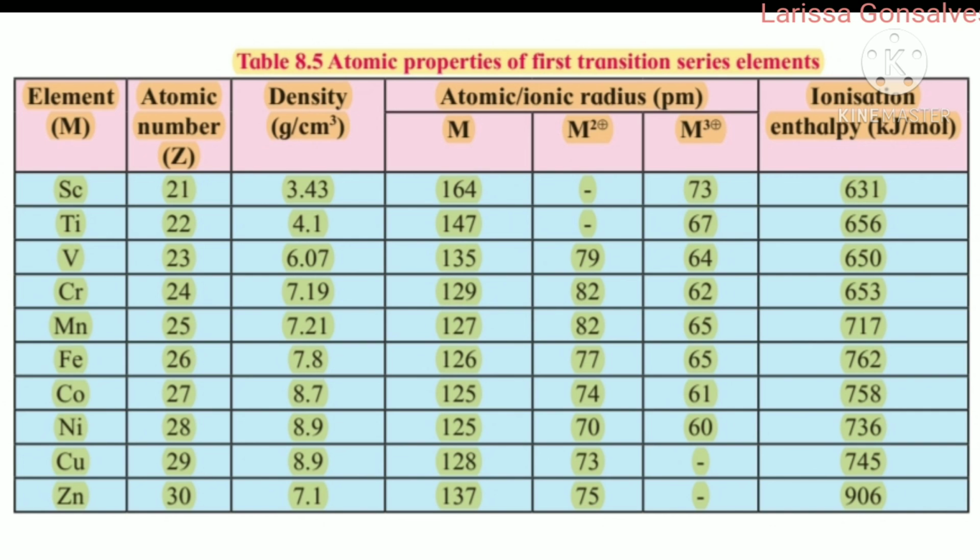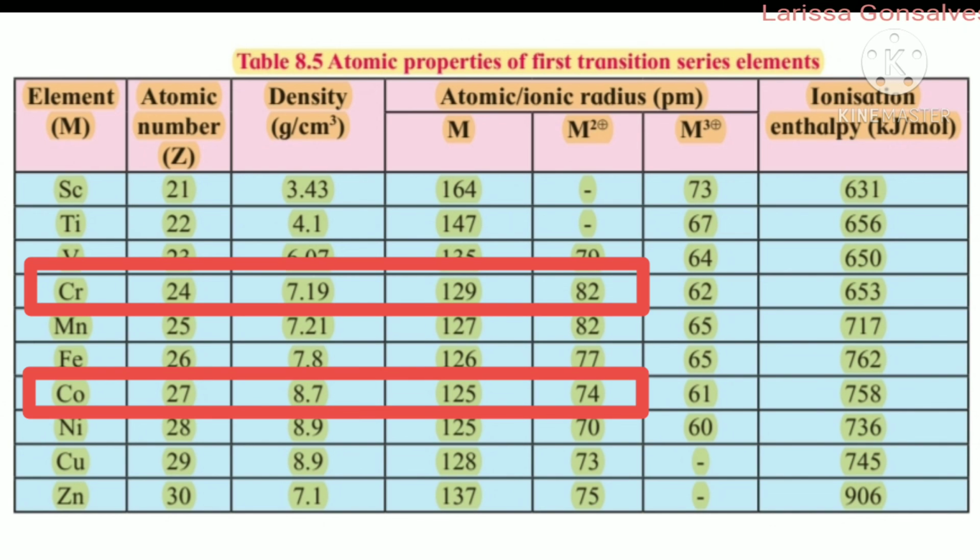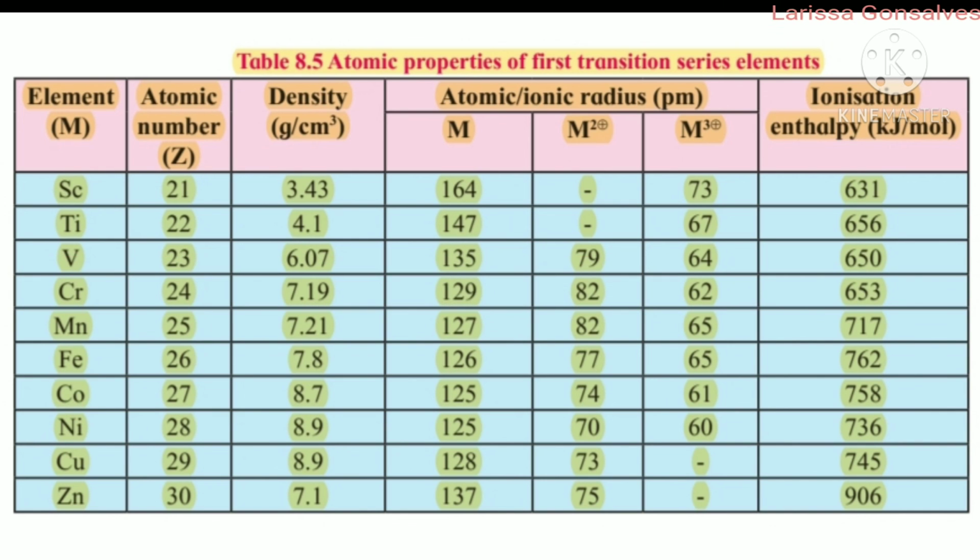Let us consider an example to understand the first case, that is the same oxidation state. We know that as the ionic radii decrease, the nuclear charge increases. So if we consider the divalent ions, that is M2+ ions, the ionic radius of chromium is 82 picometer while that of copper is 73 picometer. So both the elements here have the same oxidation state, that is +2, which means 2 electrons are removed and the ionic radius is decreasing as we move from left to right.